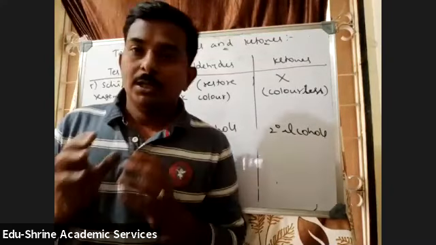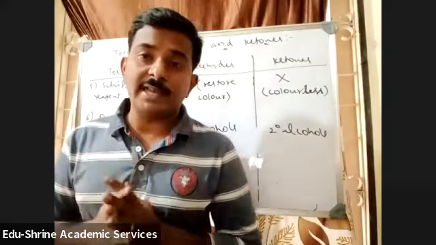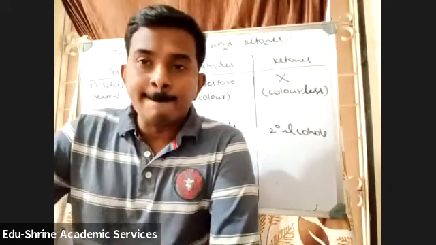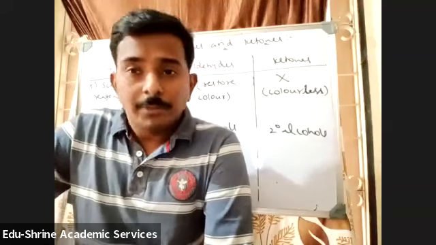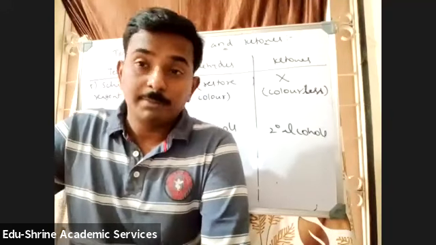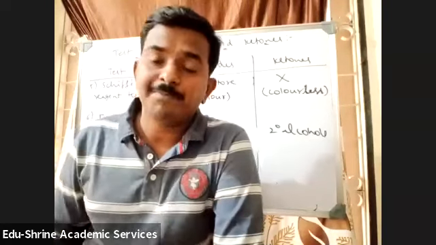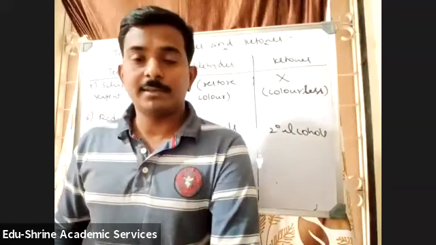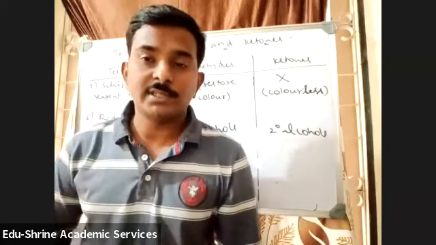Okay, so this is about carbonyl compounds, that is aldehydes and ketones. In tomorrow's class, we will be discussing a concept called tautomerism. Tautomerism is not there for your theory exam; it is purely for entrance exam students, but it is a very, very important concept. Tomorrow we'll be completing aldehydes and ketones. Next class we will start carboxylic acids.